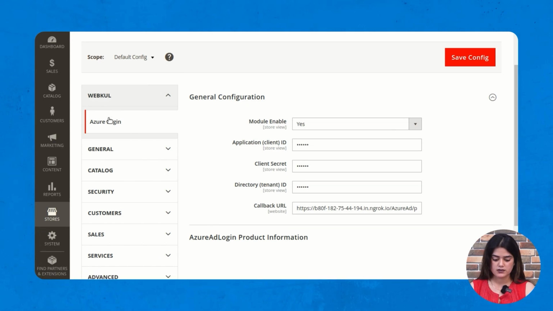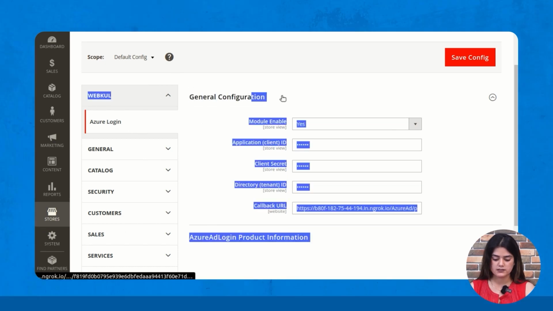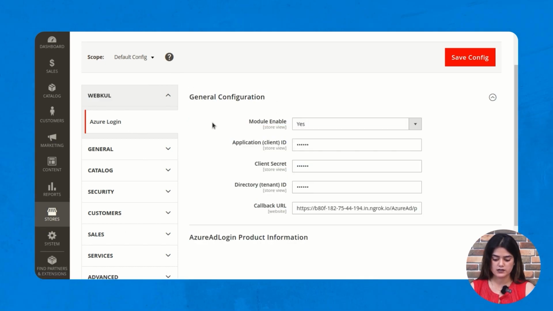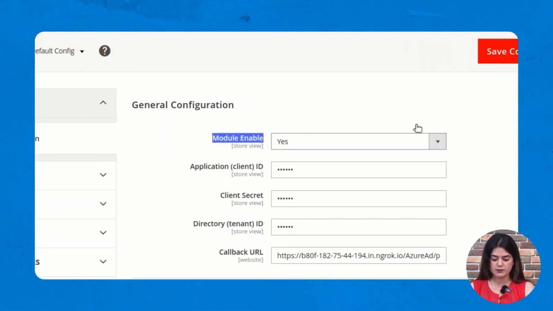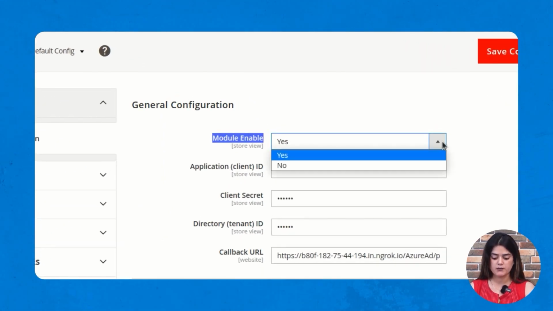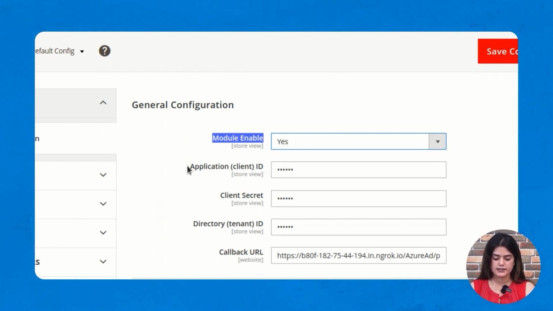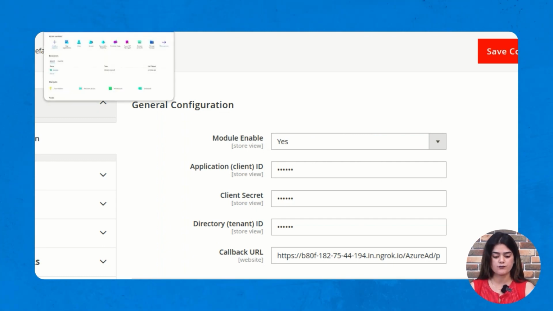As you can see, we do need to provide the general configuration over there. So let's have a quick discussion one by one over each of them. As you can see, first we do have an option of module enable. From here you can enable or disable this particular plugin. Now next we do have an option of application client ID. This is something which you will get from the backend of your Microsoft, like from the account of your Microsoft